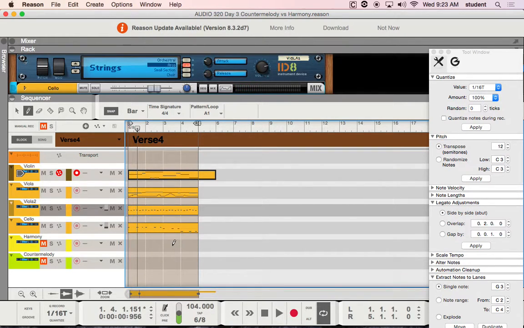All right, so that's kind of coming together, right? Making some sense. Part writing, all I had to do in order to make that really work is I'm using the loop function, and then I'm using the dub function. So let's take a look at the next thing here. So that's countermelody versus harmony. What I want to talk about, so there's a beautiful thing there. So I'm going to keep this. Let me actually stop this, and I'll